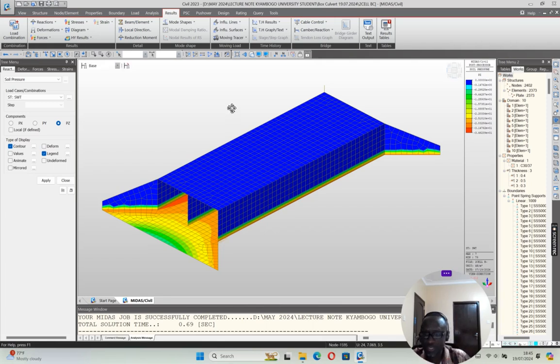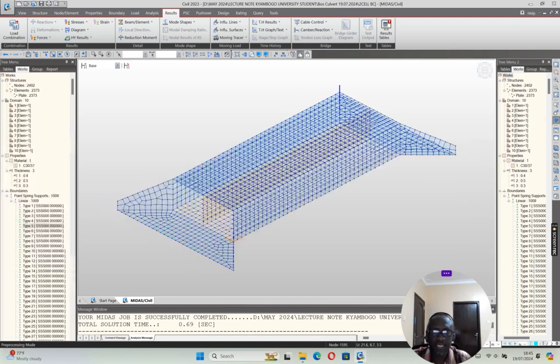Now, what do I need to do? I now need to go back and apply other loadings. So to apply the loadings, we need to first develop the loads, or you must generate the loads you're going to apply. What are these loads that you're going to apply? It is very important that we know what you are going to apply. It's not just a matter of rushing and doing something that you think is going to cause trouble. So in that case, we need to know